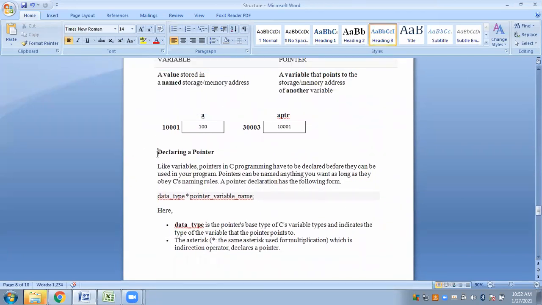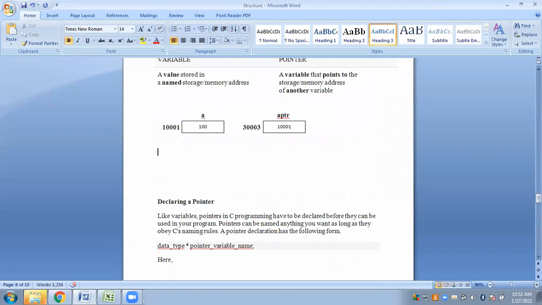If you want to display the value that is stored in a, how are you going to show it? You will simply write printf, value stored in a is equal to percent d.